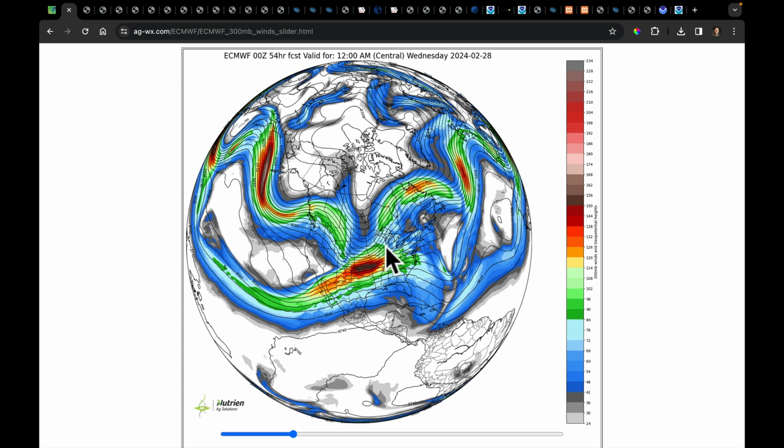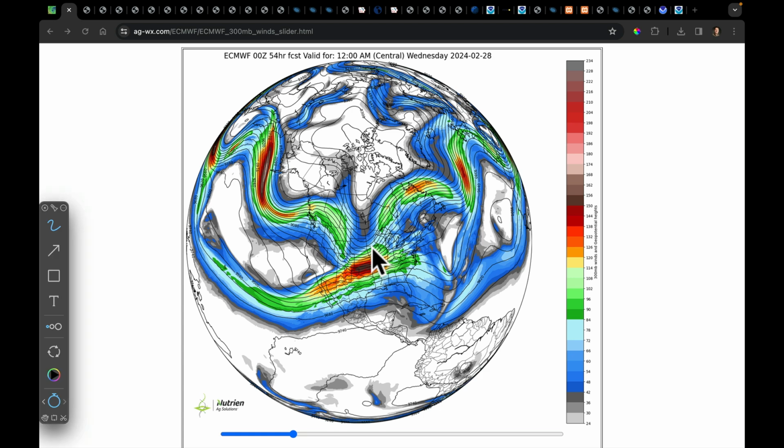But what I want to tell you is this low has the way that the two waves are working together. There is no reason for it to slow down. I guess what I'm trying to say here is